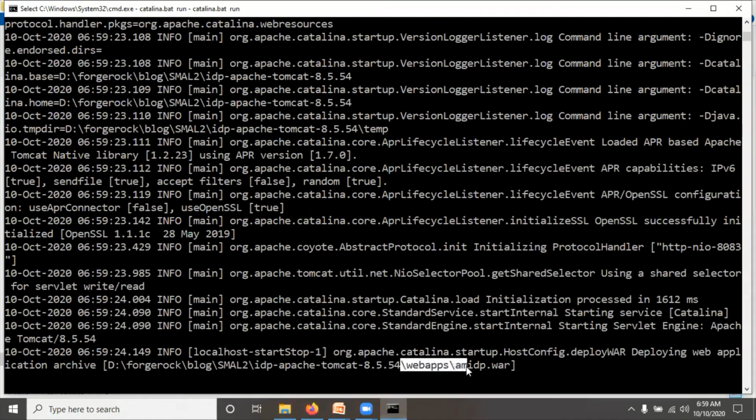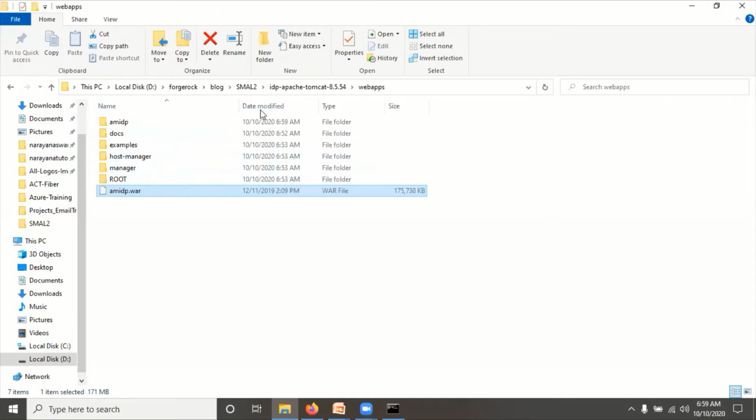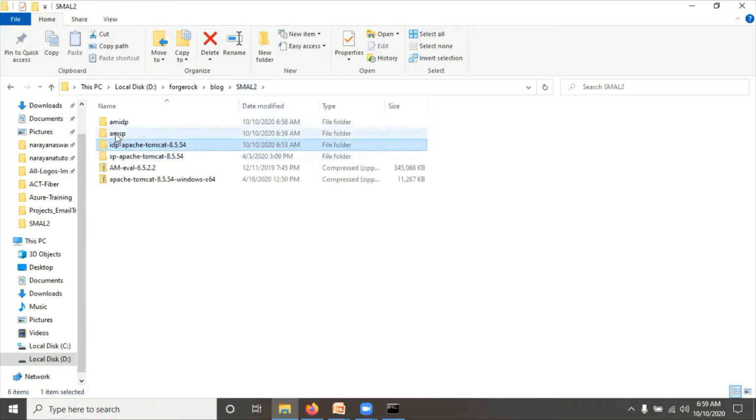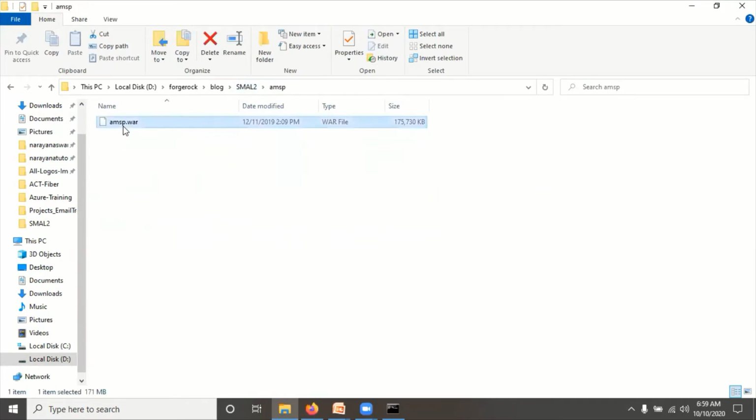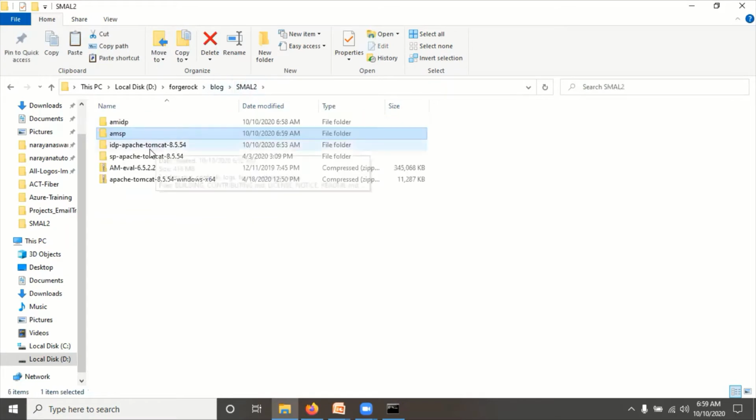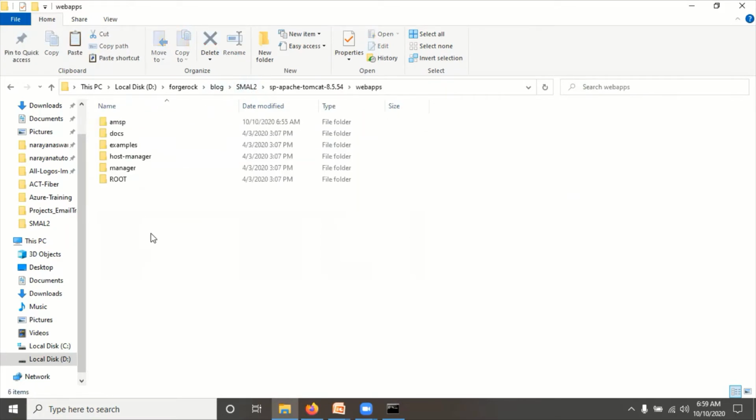Here you can see the webapps amidp war file has started deployment. The same way, you can start the SP Tomcat also. Go to the SP Tomcat. Before that, copy the SP war file and paste it into the SP Tomcat webapps folder. We have to remove the old one first.